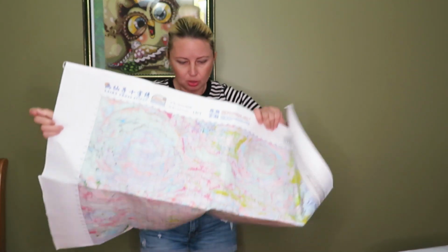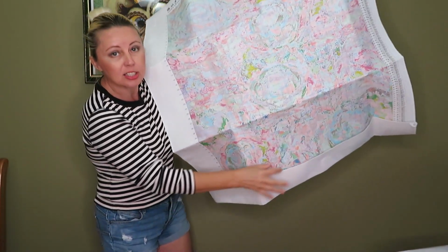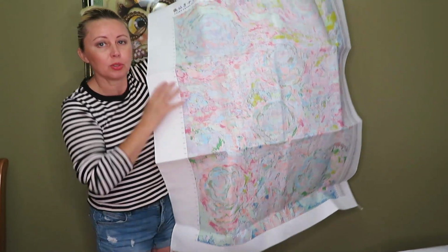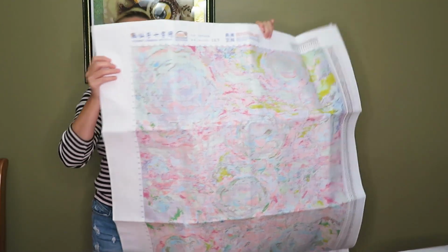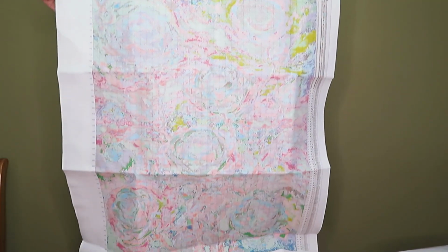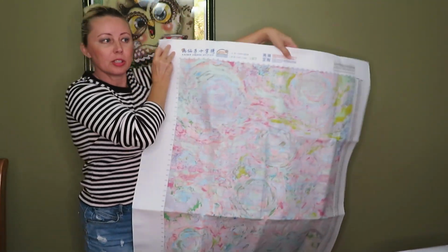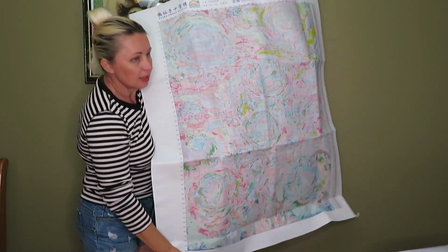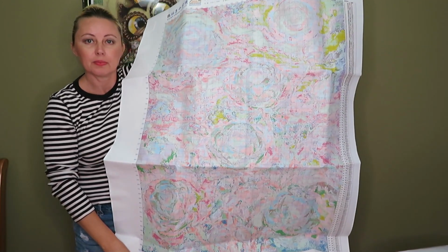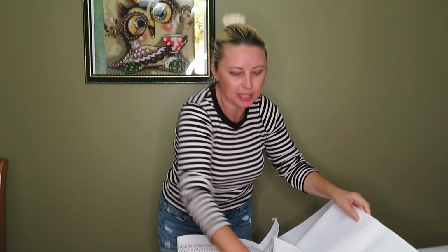This one is big though, this one is big. Look at this one, and it goes this way. And it's still folded. Oh, one more unfold. Look at that. Here is the width, and here is the height. That is big. Like, you know, I did mention to them, I emailed and I said that